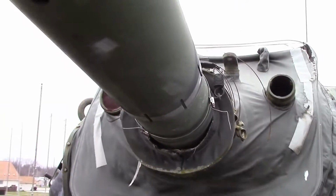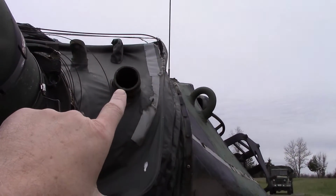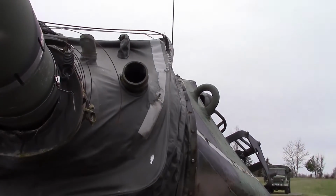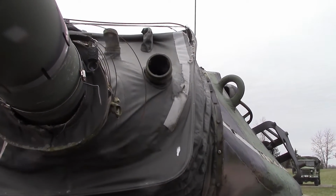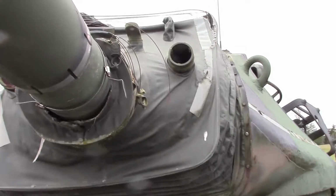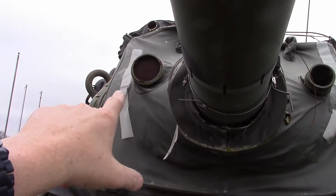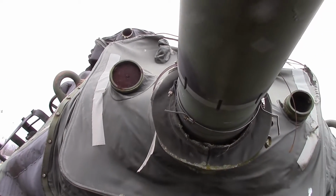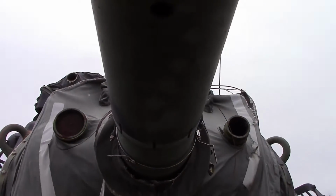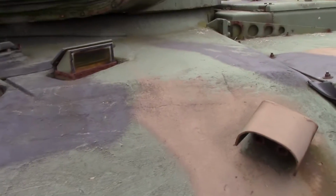And this is the main gun. It's a 105 millimeter howitzer. And that open hole right there, on the M60A1, is where a coaxially mounted 30 caliber machine gun was mounted. It fired the same distance and at the same targets the main gun was firing at. I don't remember what this hole over here was for. Frankly, I don't think we had one of those on the A1s, but that may have been another machine gun mount on the 48. As I said, I didn't serve with the 48 crews. I served with the